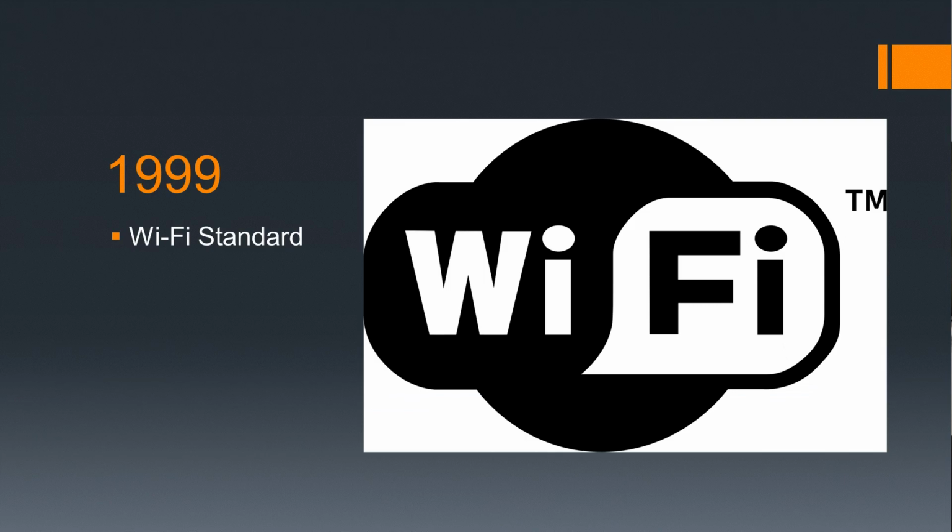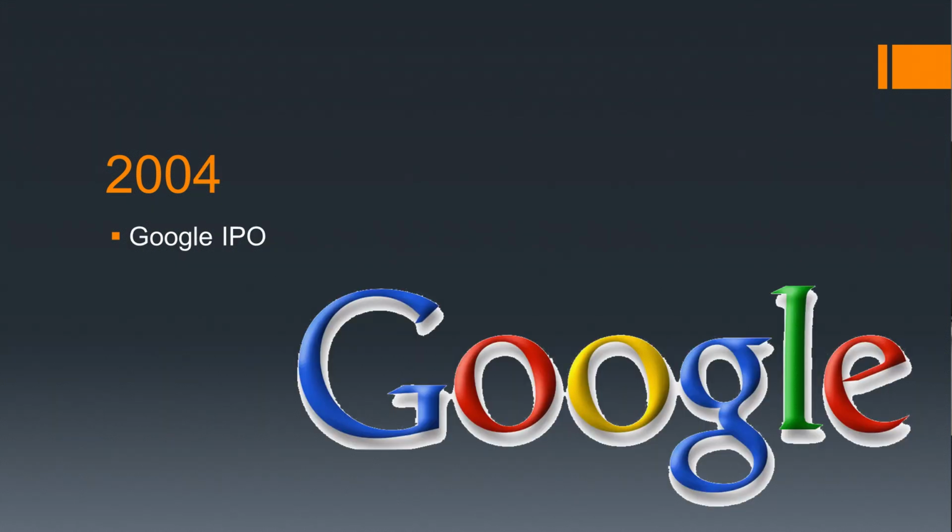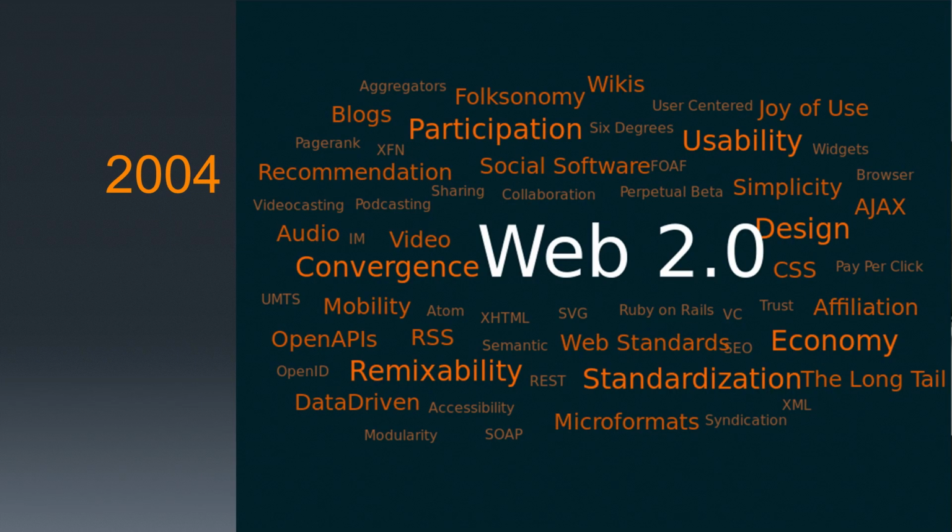In 1999, the first Wi-Fi technology made its way to the shops. In 2000, despite the worries about the Y2K bug, the dot-com bubble was well and truly on its way. One of the biggest of these, and probably one of the most significant, was in 2004 when Google was publicly floated. 2004 probably also marks the time when the real concepts of social media were defined.